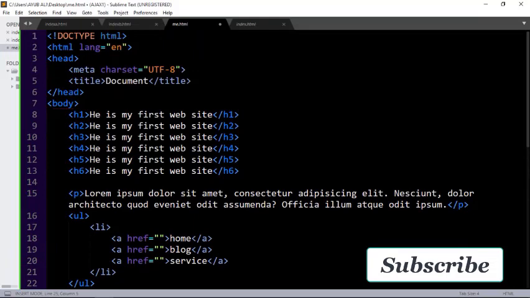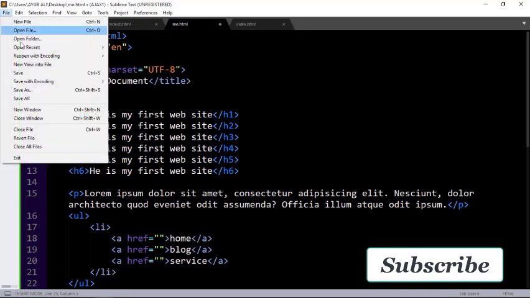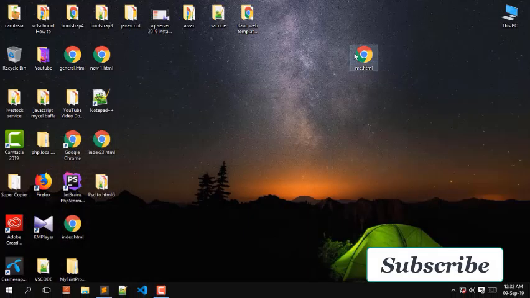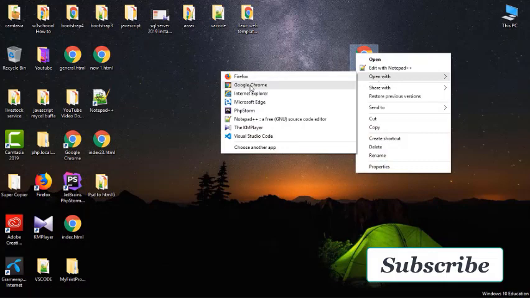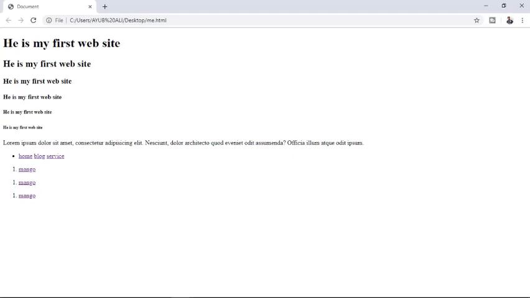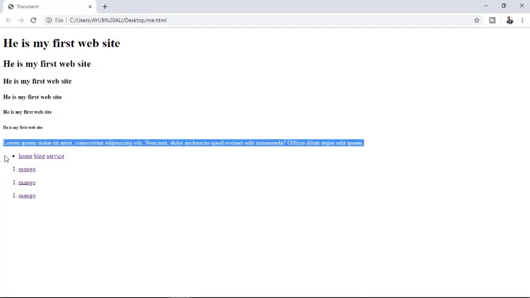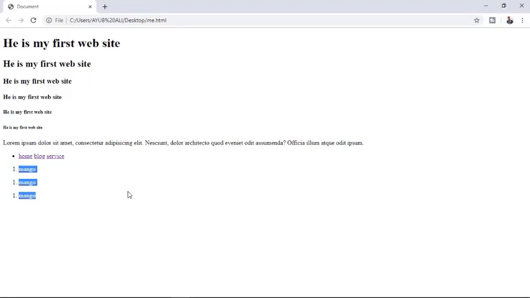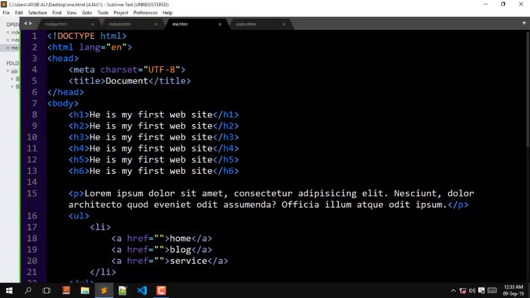Now if I go browsing, don't forget to share, Google Chrome. You see this is heading 2, heading 3, heading 4, heading 5, heading 6. This paragraph tag and ordered list, ordered list means 1 2 3 in this way. Okay, so